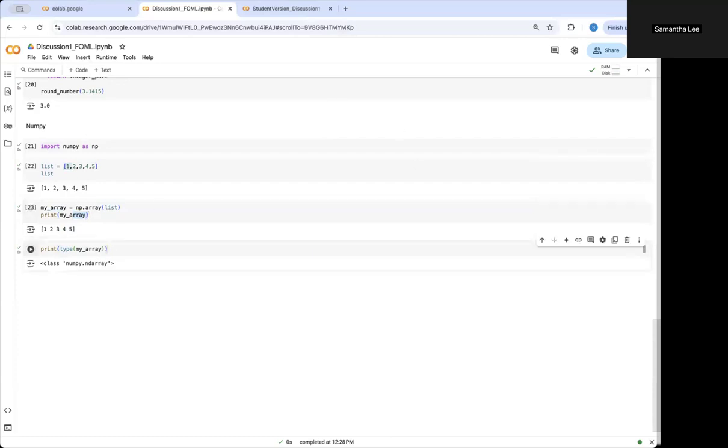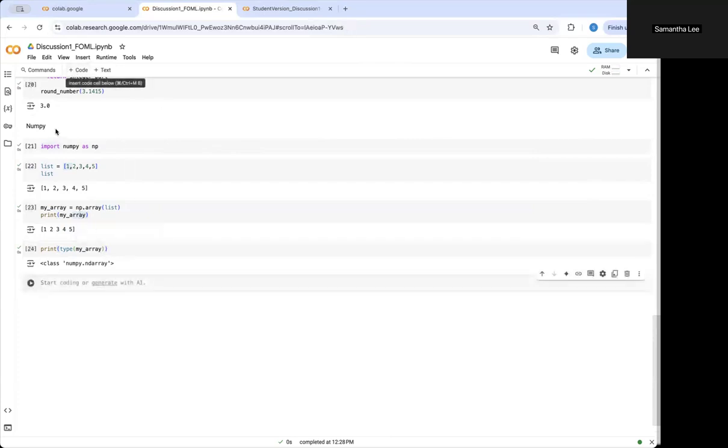Let's work with an example of the possible functions in this NumPy library aside from converting a list to an array. So first let's do round. NumPy has a built-in round function, so we'll use that. For example, let's say the float, let's use 3.1415 again. And then let's name this the rounded number